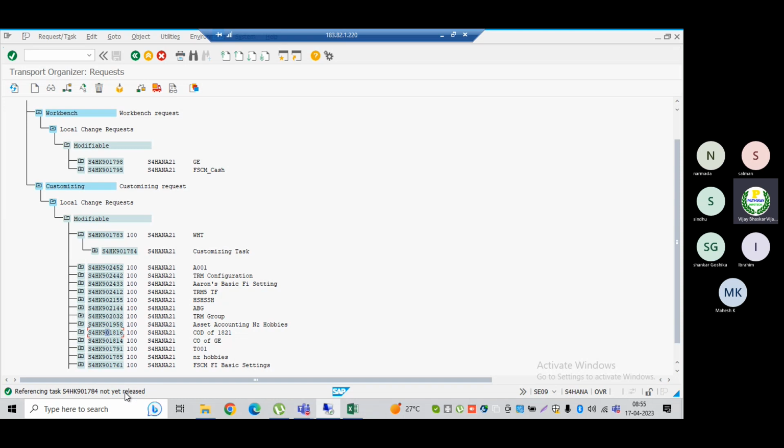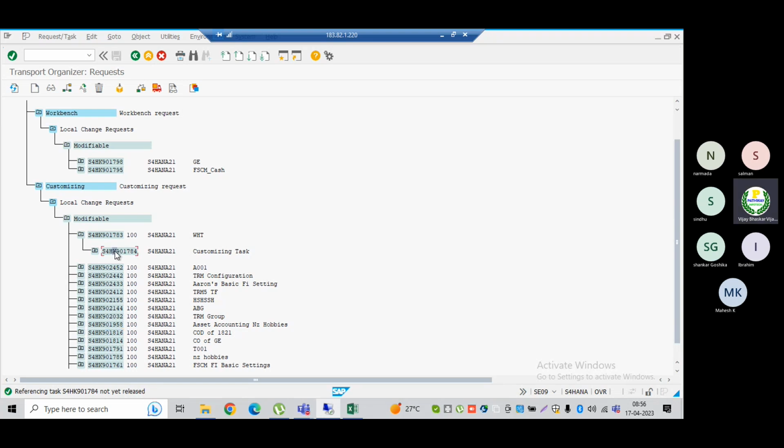Why is the system telling that? For this one, we must release this subtask. See, 1783 is the main transport request, 1784 is the sub transport request. You can see here, not yet released. So that is the reason.